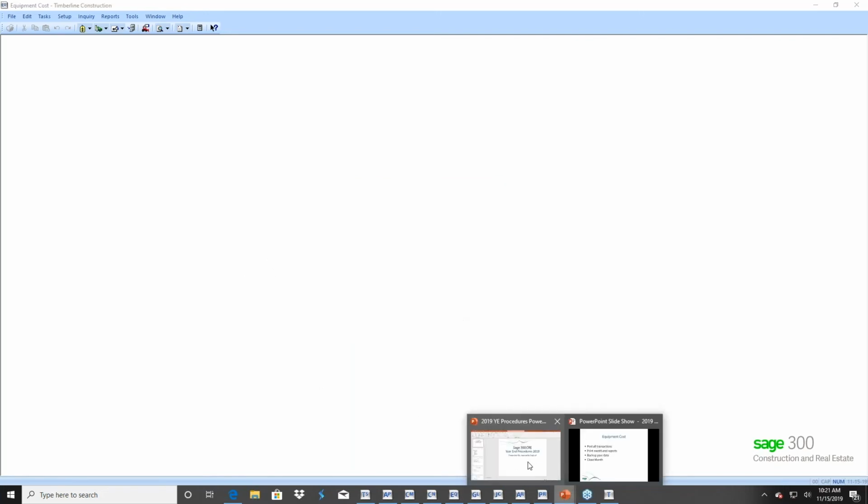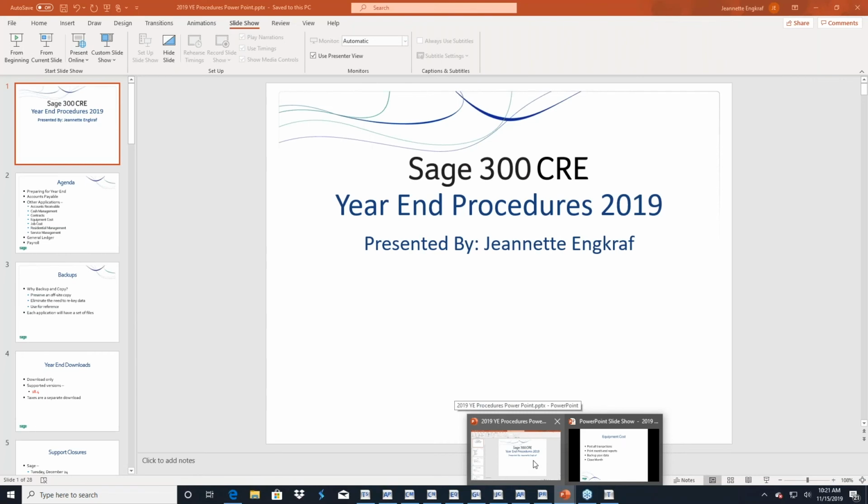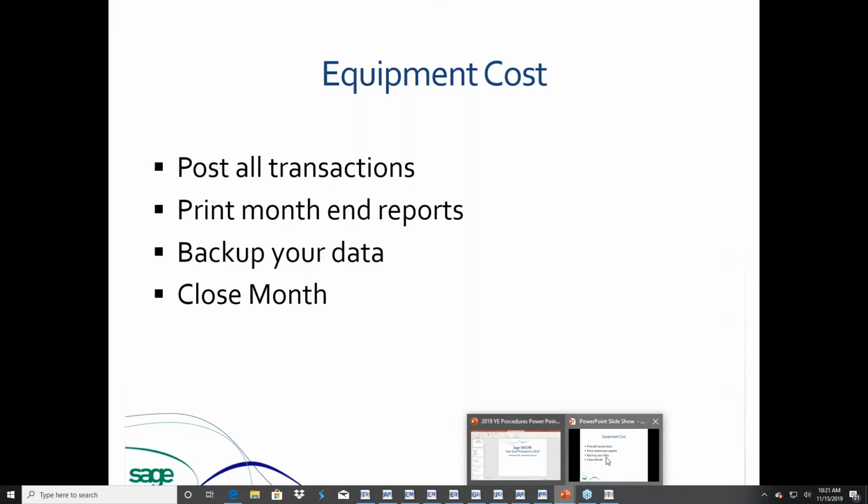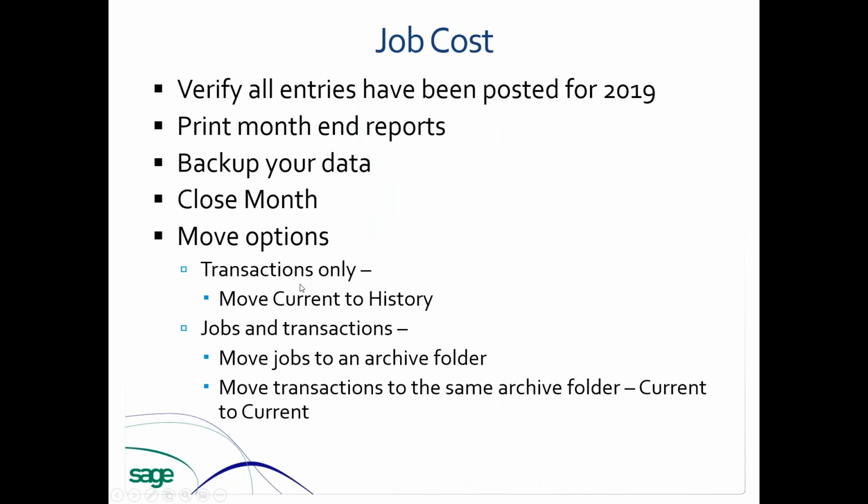Now, job cost is our next one. Again, this is still on page 26. You're still doing the same month-end procedures that you always do. You're making sure everything is posted. You're printing all your month-end reports. You're reconciling back to general ledger. You've made a backup of your data. You close the month. You need to be sure that you are verifying the closed month print file, that everything